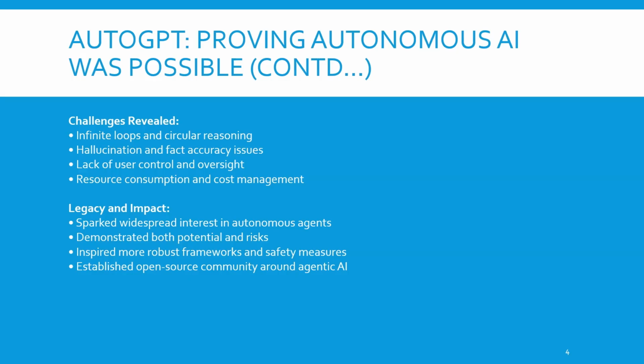However, AutoGPT's value wasn't in its stability or reliability, it was in its sparking imagination and proving that agentic workflows were no longer science fiction. It was the first demonstration that we could build systems capable of autonomous goal pursuit, even if the first implementation was rough around the edges. AutoGPT inspired an entire ecosystem of more sophisticated agent frameworks and established an important conversation about safety, control, responsible deployment, and use of such tools on a wide scale.